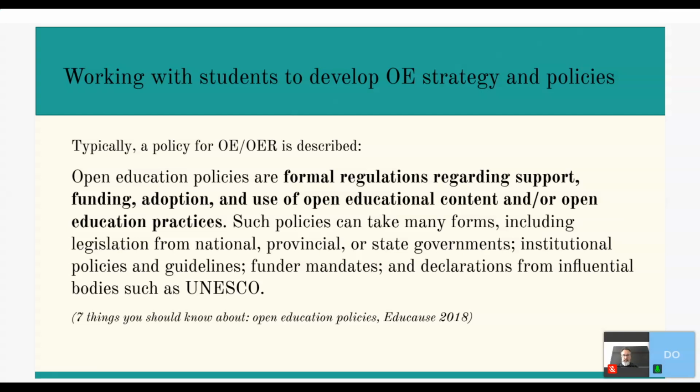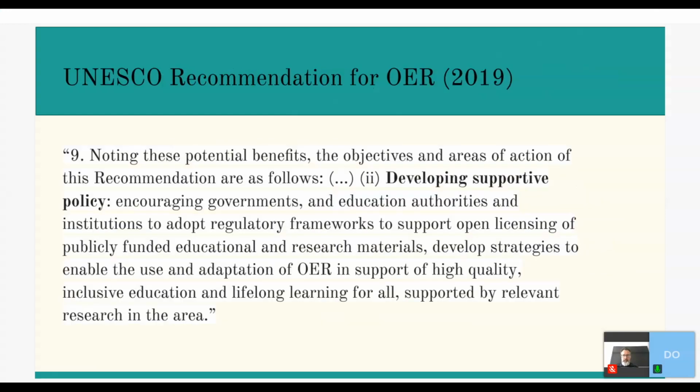So just before we go to that, let's go on to the next slide and look at the definition of OER, just to remember what we have in the UNESCO recommendations. Here it was very clearly stated that we need these supportive policies. We need governments, educational institutions and authorities to be setting the frameworks to make it possible for us to achieve, for example, open education in the mainstream. We need to get away from it being a kind of grassroots development, and policy is the key element to that, and strategy. So how do we do that?